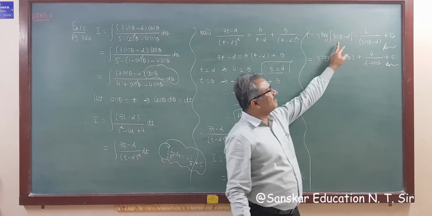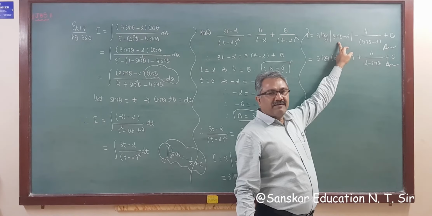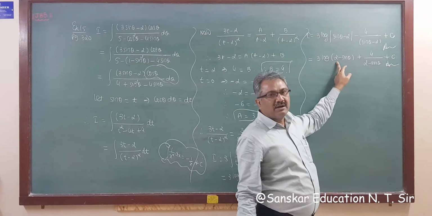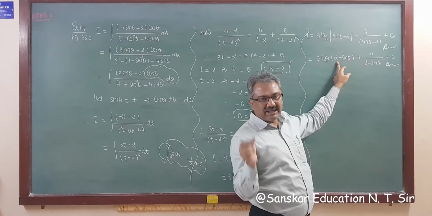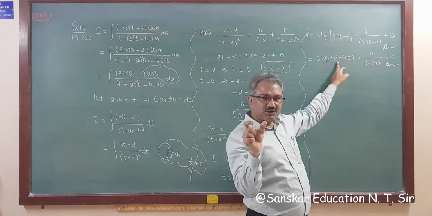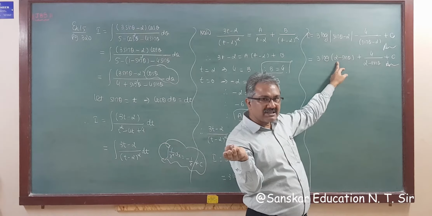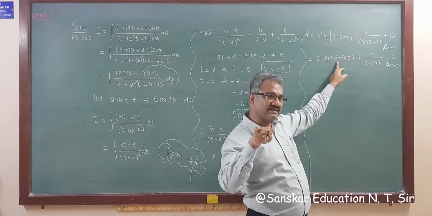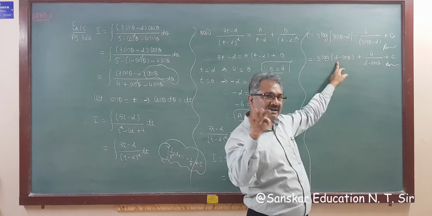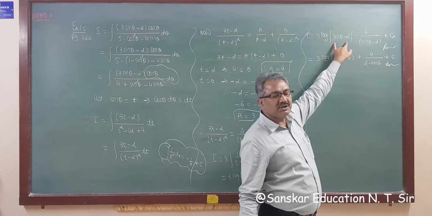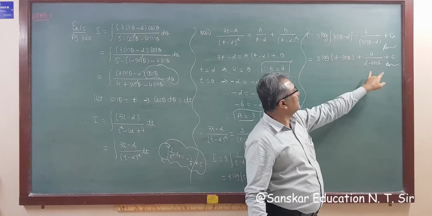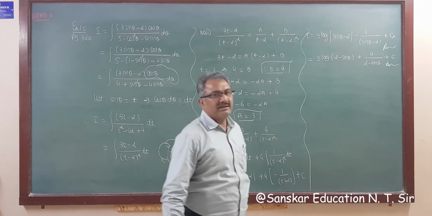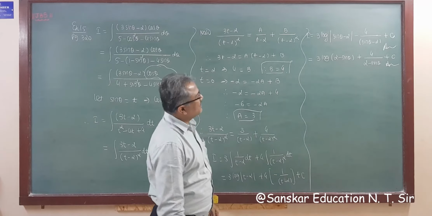Why do we take this plus? Because if we take minus common, then 2 is greater than sin theta, because the range of sin theta is minus 1 to 1. So 2 minus the maximum value 1 gives 1, that is always positive. So there's no need to put a modulus here, similarly here, right? So that is your answer.